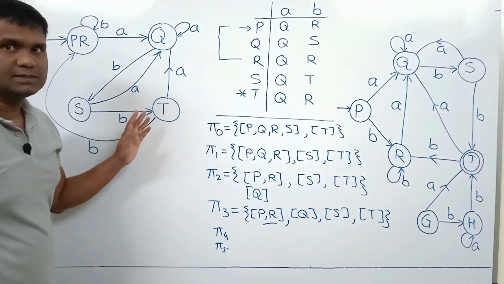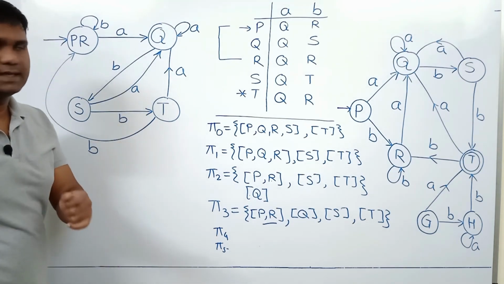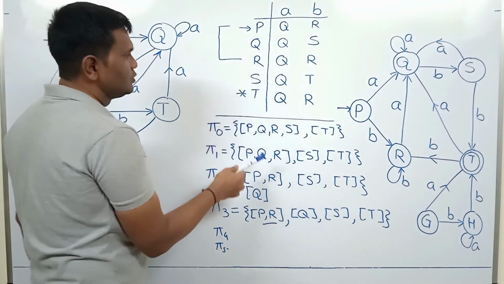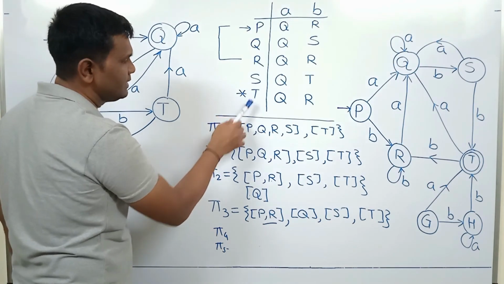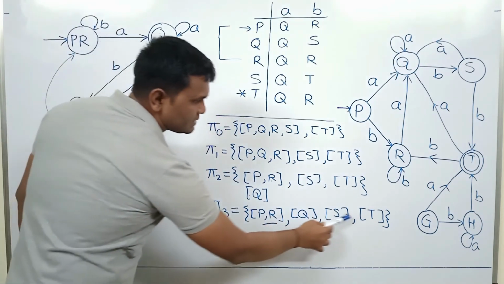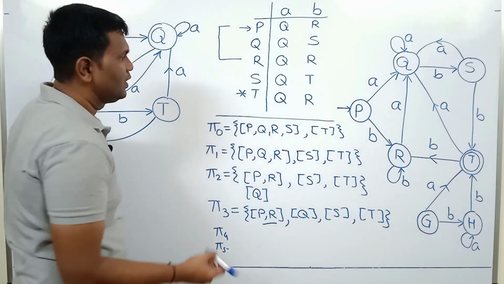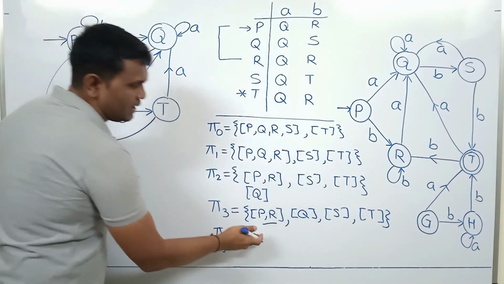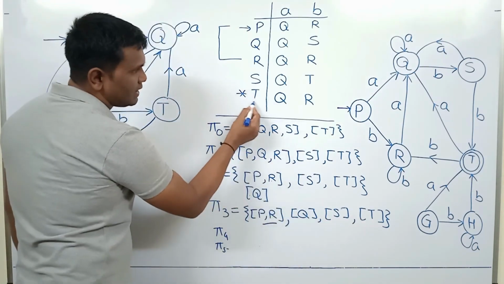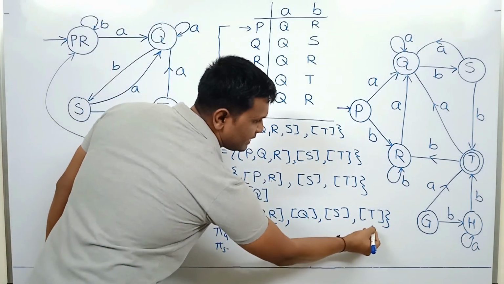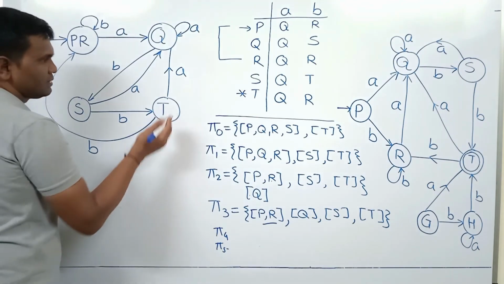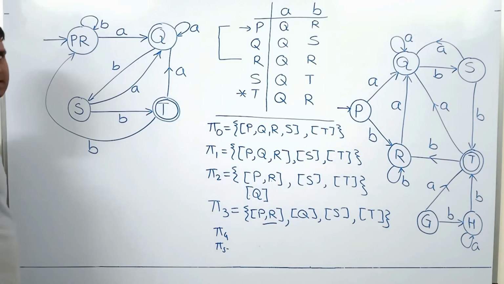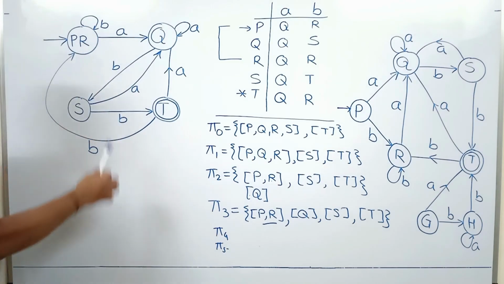Now our transition diagram is not completed, we have to mark the final states. So check the final states in the given DFA. Here we have only one final state, and these are our states in the minimal DFA. We have to cover all the final states of the given DFA in these states. So to cover T, we take this state T and mark it as the final state. So this is the required minimal DFA.